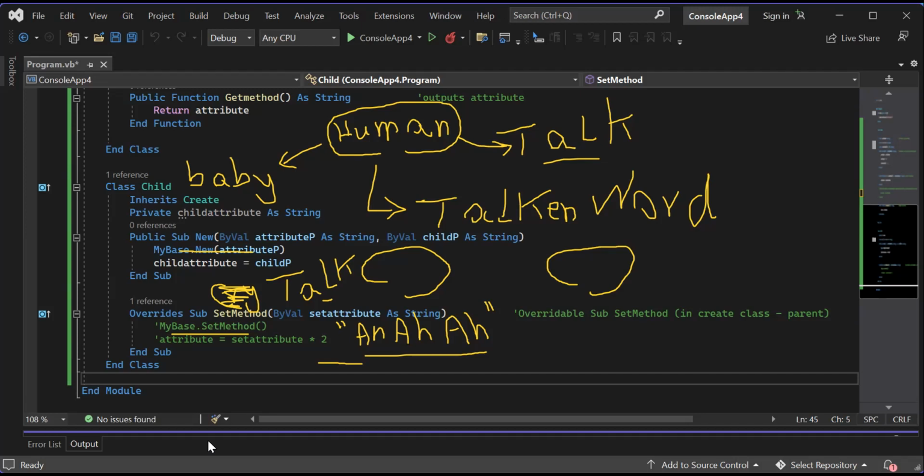And then when the human talks, we take a parameter. So we consider talk as a method, and then you pass it a parameter, a few words. Maybe the human says hi. Human is able to say hi, right? So maybe inside your talk, you take this and then you assign it and store it inside your private variable